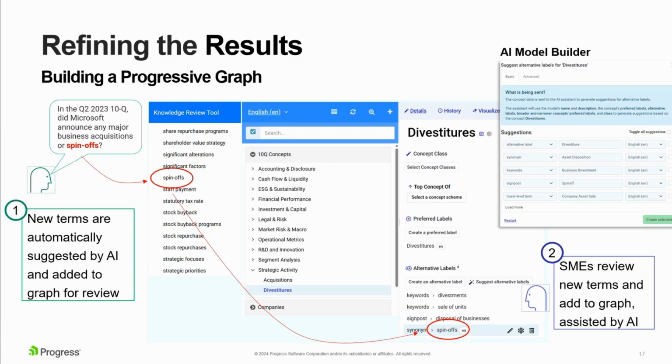So the idea is that users ask questions, and every time a user asks a question, we parse it and figure out what the implied keywords are. And if that keyword does not exist in the existing vocabulary, we suggest it as a new term, and then a subject matter expert determines whether it should be included and where it goes. So there's no ontologist involved.